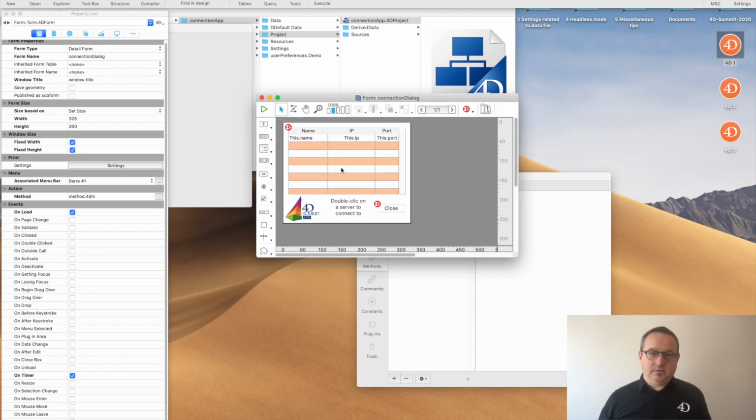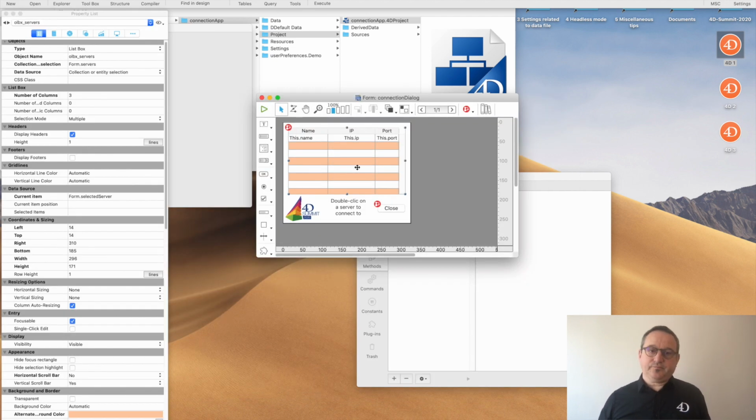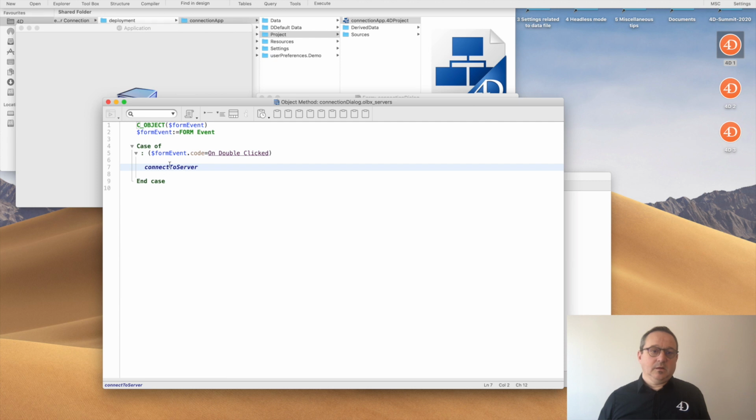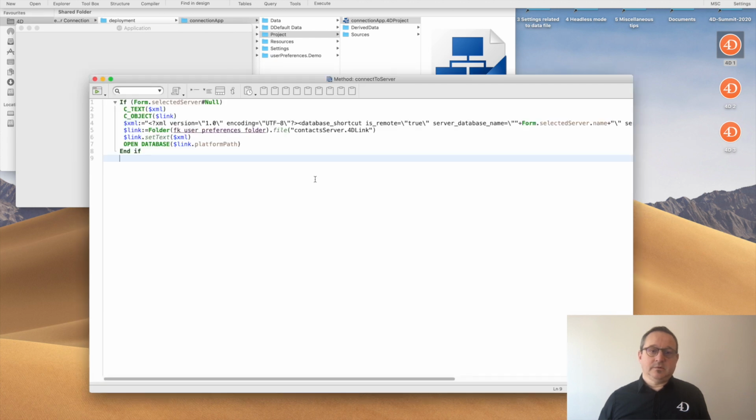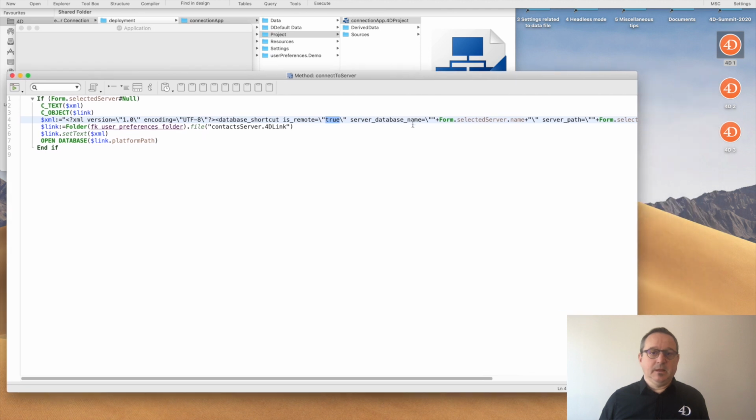And on double click, I use the connect to server method, which is also very simple. I build the 4D link file. I build an XML, setting the is remote attribute to true to say I am a remote application.